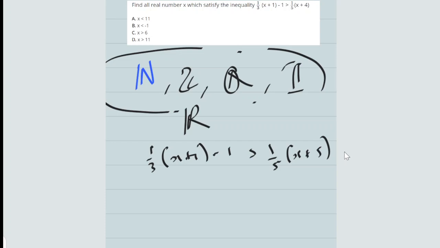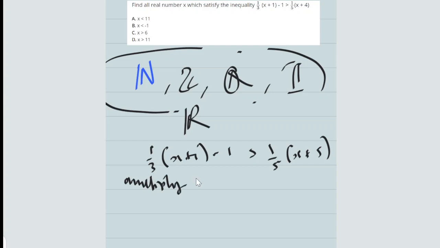When you are solving your inequalities, I hope you understand now, if you want to multiply or divide by a negative number, then the sign will change. I don't know whether we are going to come across this here, but if we come across this, just note that. Okay, now what we can actually do is to multiply through by the LCM.